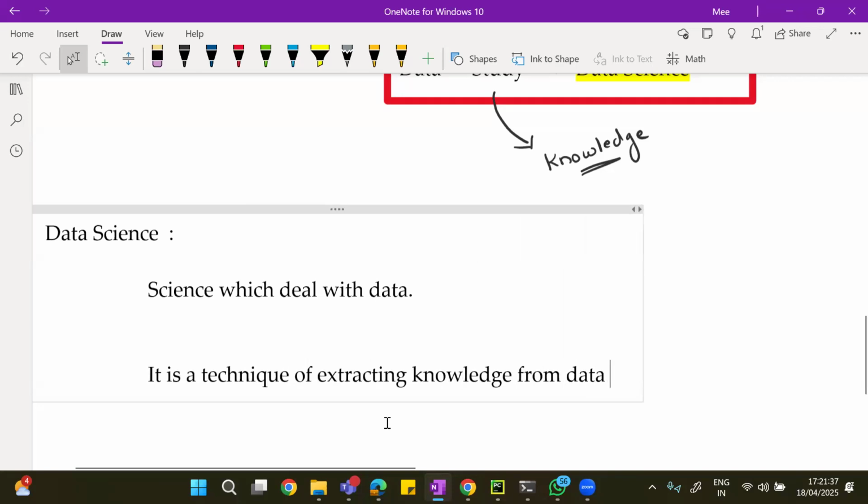Data can be structured data or unstructured data, anything. We are going to talk about this, not to worry. Data is broadly classified, we are going to see that. It is a technique of extracting knowledge from the data using scientific